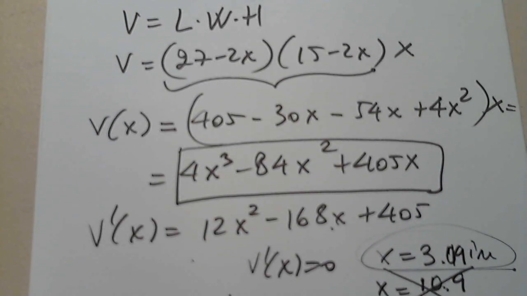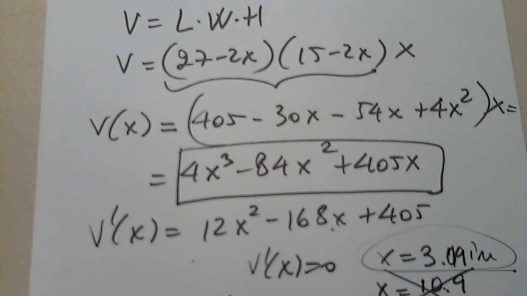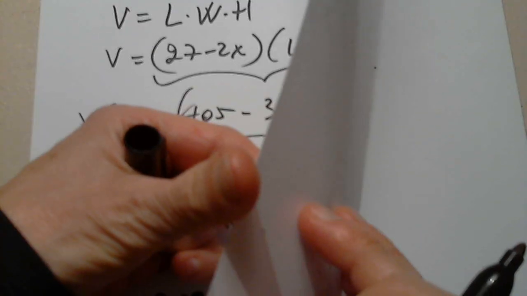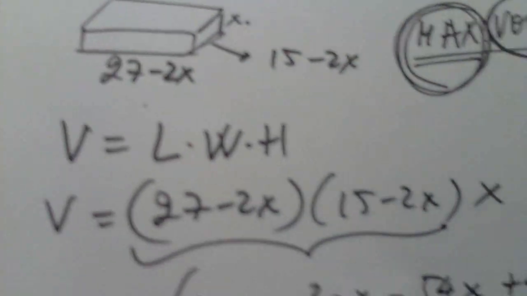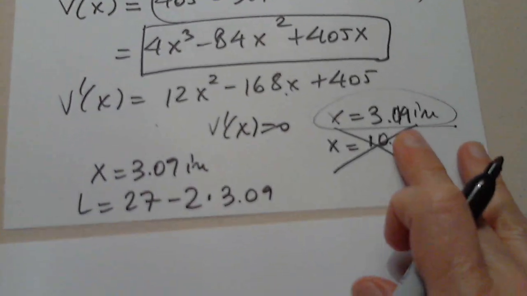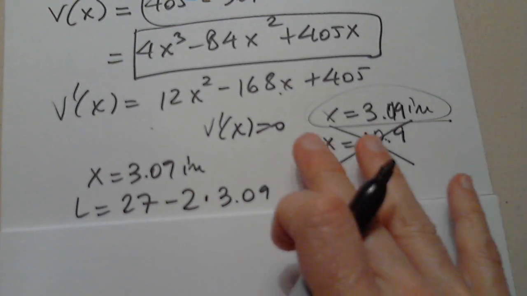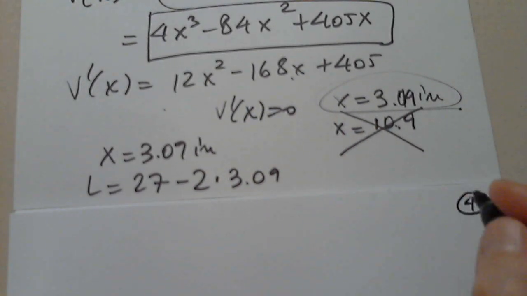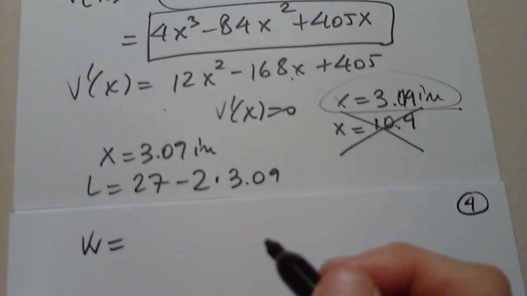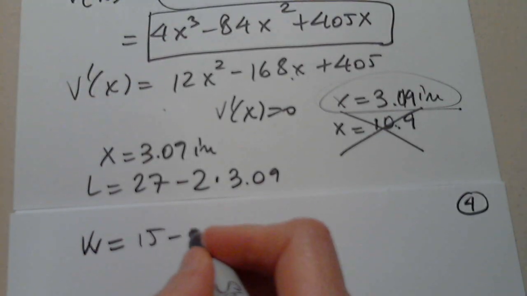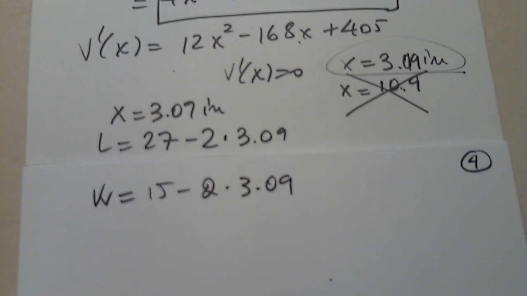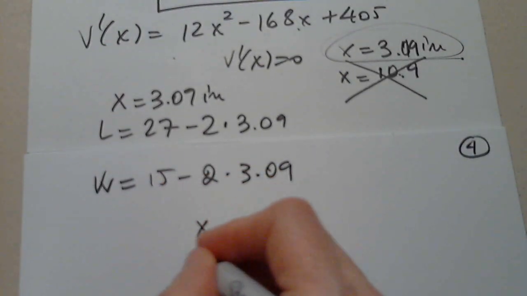So the length is 27 minus 2 times 3.09. I'll determine that in a minute. And then the width, and we haven't finished though. We also have to find the maximum volume. And the width is 15 minus 2 times 3.09. Then I have to show